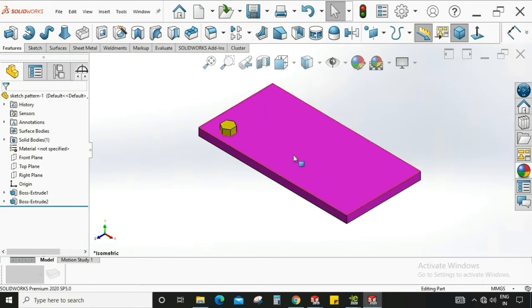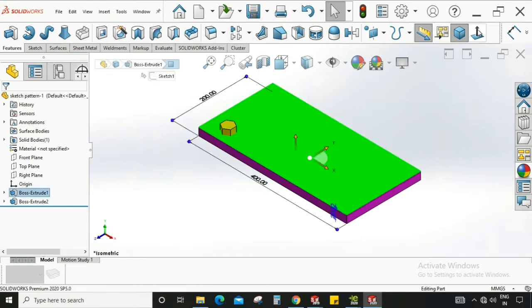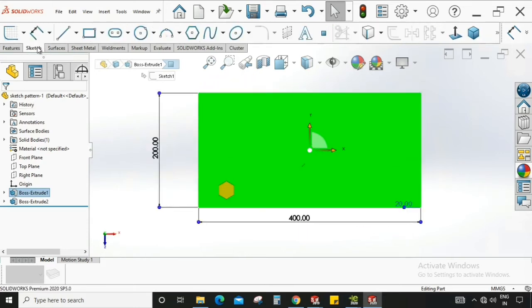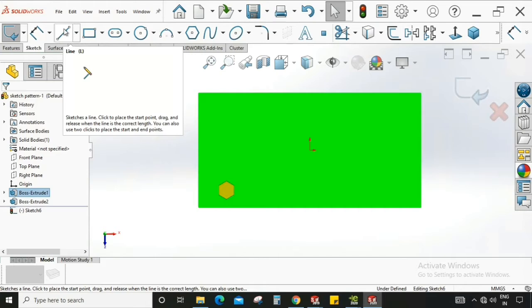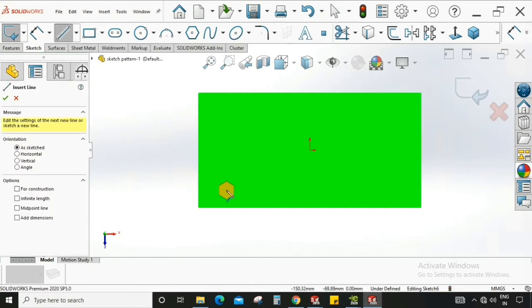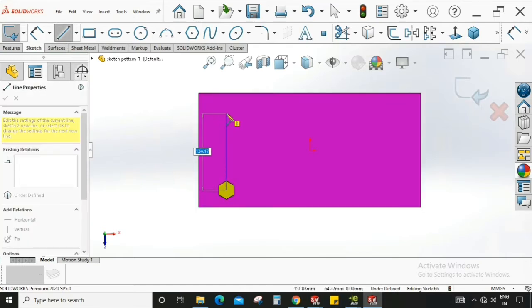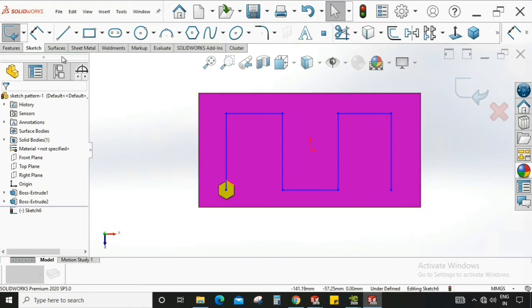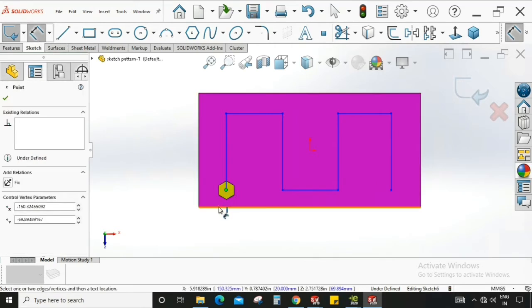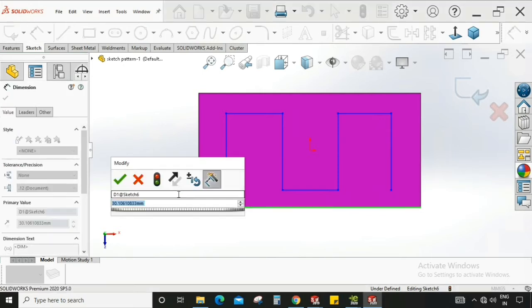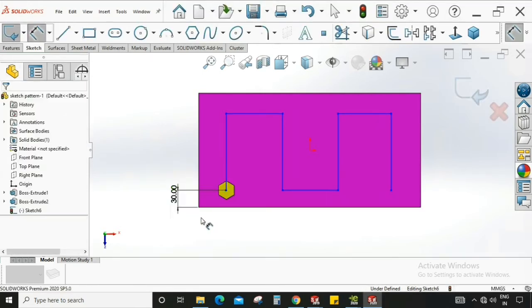So let's start. First we need a sketch. Select this surface, go to normal, go to sketch, select a line and make a sketch which is to be followed by the feature. I am creating a shape like this. Okay, fine. So give a dimension to this. Okay, 30, fine,